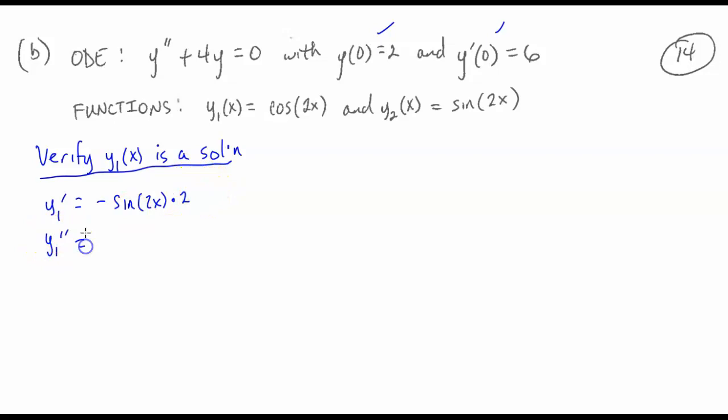And second derivative would be minus cosine of 2x. And of course, I already have this 2 here, but then I need to take the derivative of the inside function again, and that's going to be that. So this is minus 2 sine of 2x, and this is